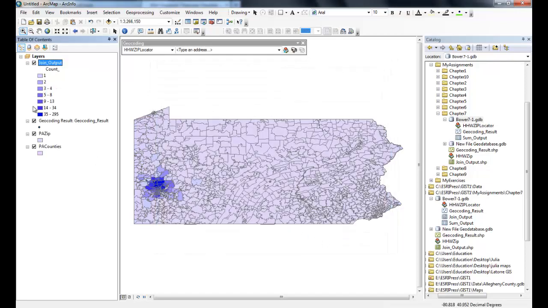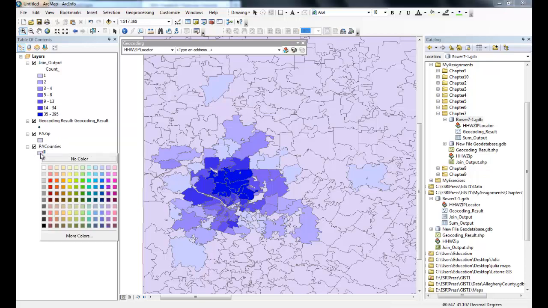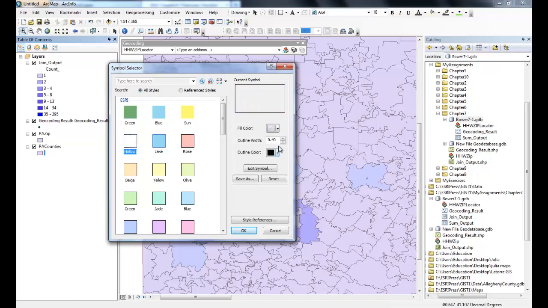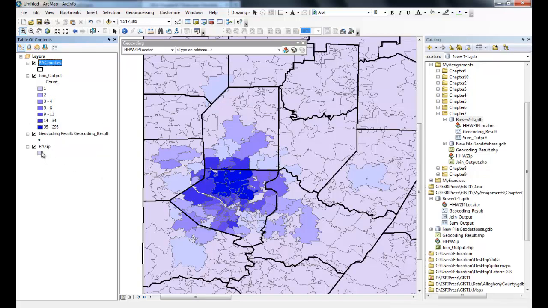So on our legend, you can see all the counties with over 35 are all going to be the darkest blue. So now you notice this is pretty hard to see. So one thing we need to do is we need to zoom in on these counties. Another thing we need to do is we need to make not counties, zip codes. So the assignment asks you to take the counties and we're going to make these hollow. Let's double click on here. Hollow, and we want a really thick border though. So we hit OK. And then we need to move this one up to the top. There we go. And then the zip codes,